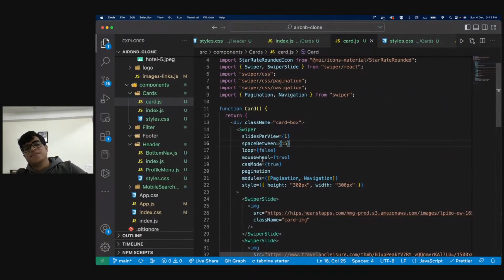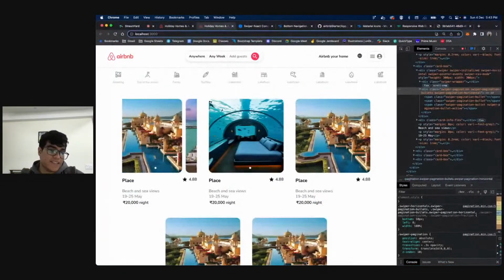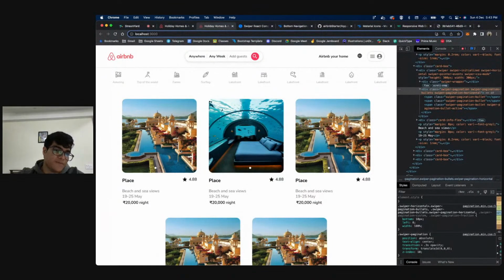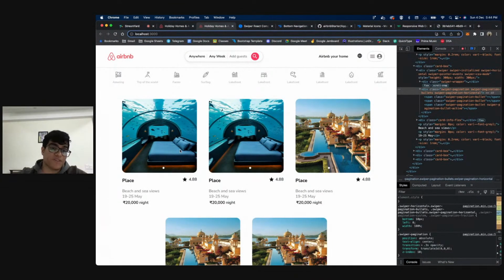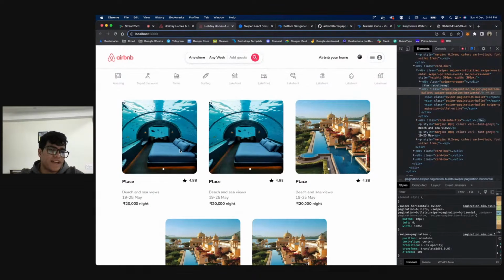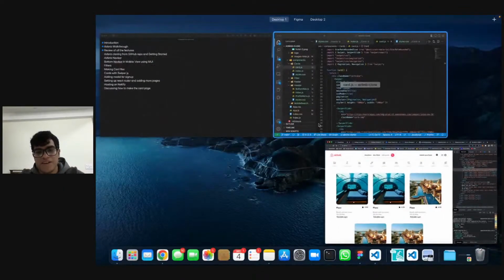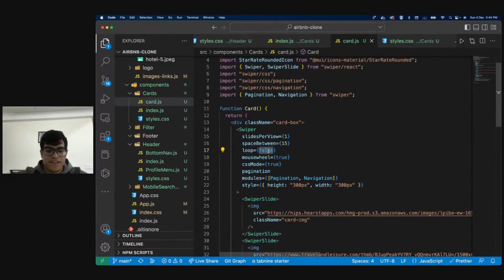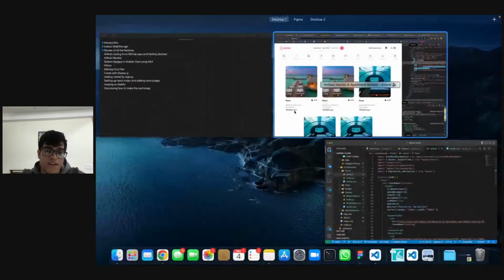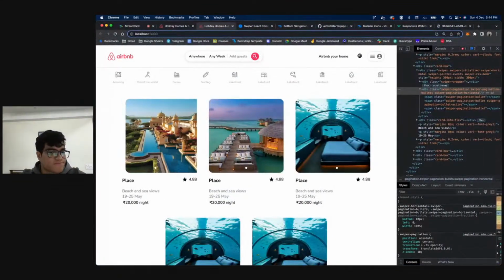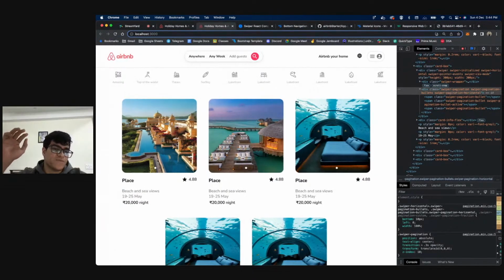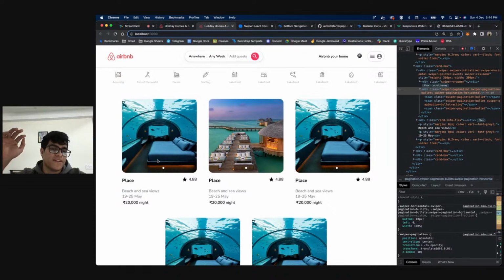Anyway, we are saying that loop is false. That means our pictures are not being looped, as you can see. So we start from the rightmost, and then we go to the leftmost, and we go to the rightmost. But after that, we cannot scroll any further. So the way we handle that is by saying true. As soon as I make this true, this will be in a loop, and I can just keep on swiping right and keep on going forward, right? Anyway,